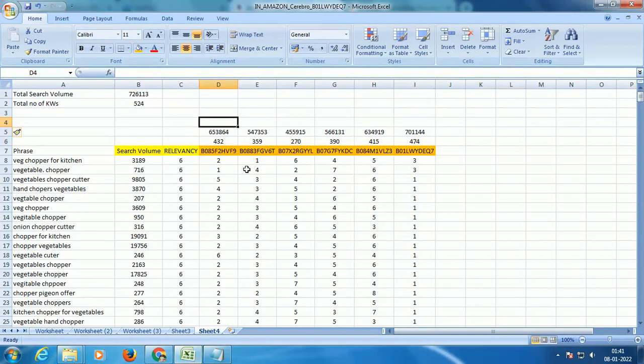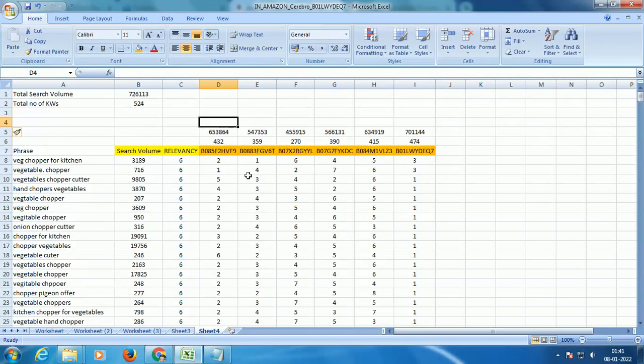You need to find out who is your alpha ASIN here, right? Your alpha ASIN is the one who is doing really well. If somebody is doing really well, one, because they have got a better value proposition, better pricing, better value to customer, better images, better listing. More than everything, they are ranked for more keywords, right? That's the story. If you are ranked for more keywords, you will be visible to more customers. If you are visible to more customers, the chances of your product getting purchased is really high.